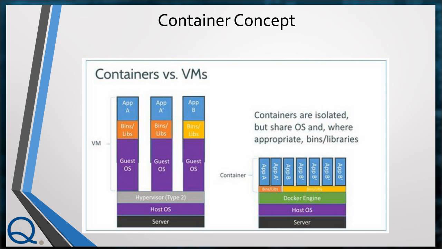So here's the diagram that kind of illustrates it. What you see over on the left-hand side is the typical arrangement. In this case, a hosted Type 2 hypervisor that's sitting on top of a host operating system with several guest operating systems, and then the applications themselves that would be served up or run under those guest operating systems. And on the right-hand side, you see, again, the server and the host OS, but all you see now